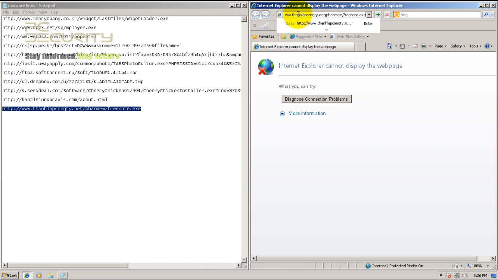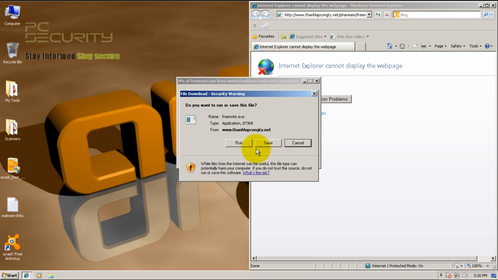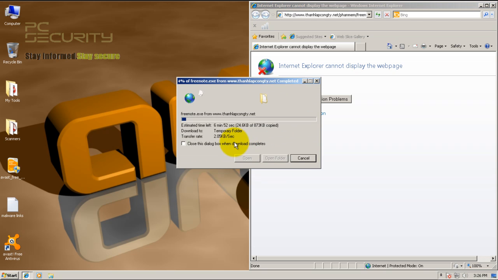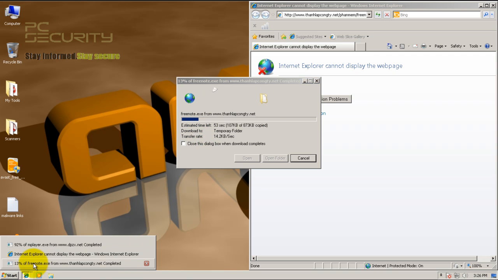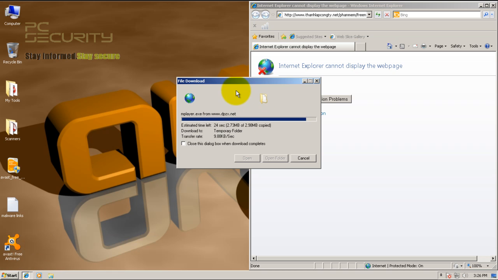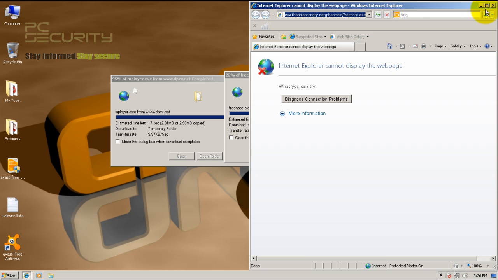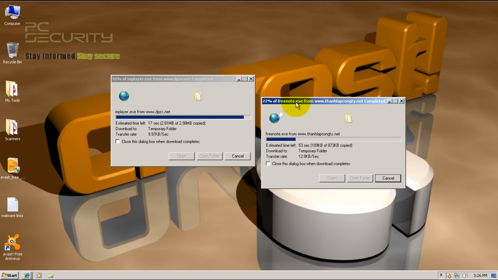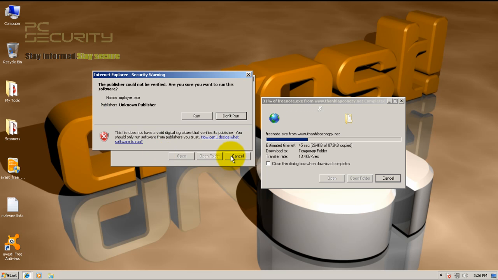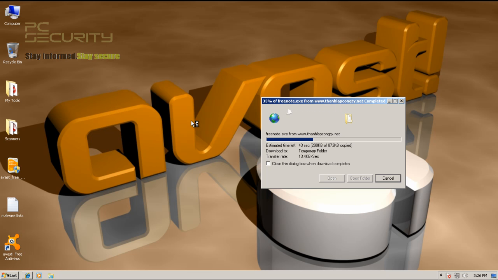So let's try out the last link. Had pretty good luck with the links today, everything's working. Just run this, this is an executable. Just wondering if there's something wrong with the servers, or is it my computer's connection? Don't know. So I guess I'll be back now. This one's just running right now. It's a piece of adware, so